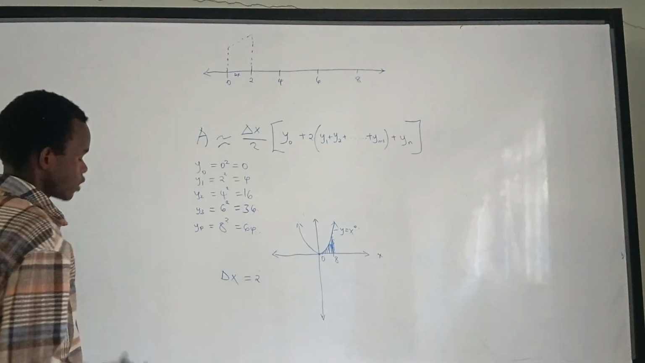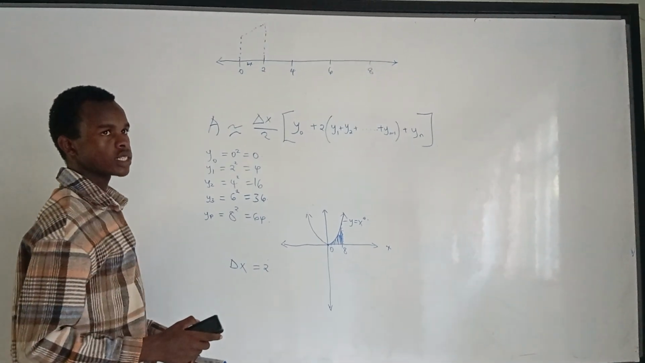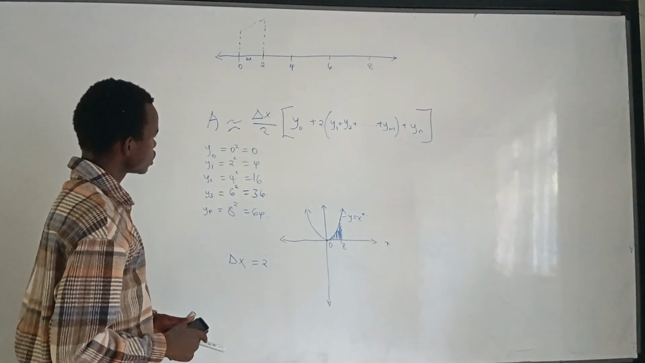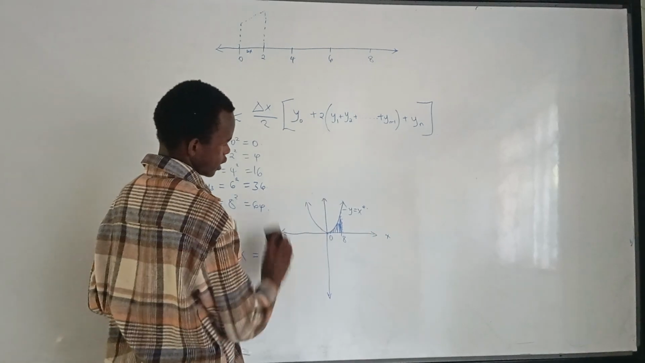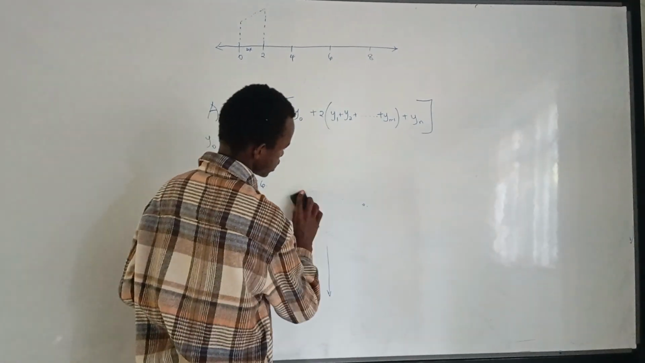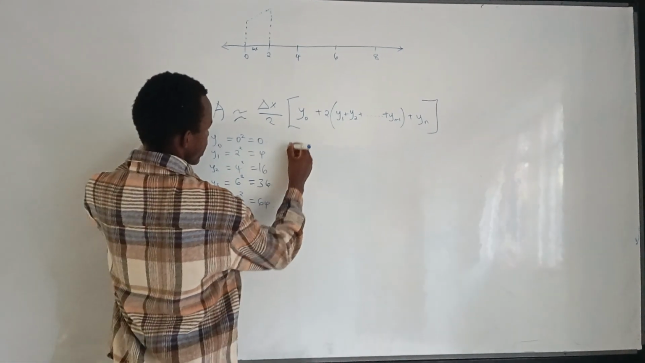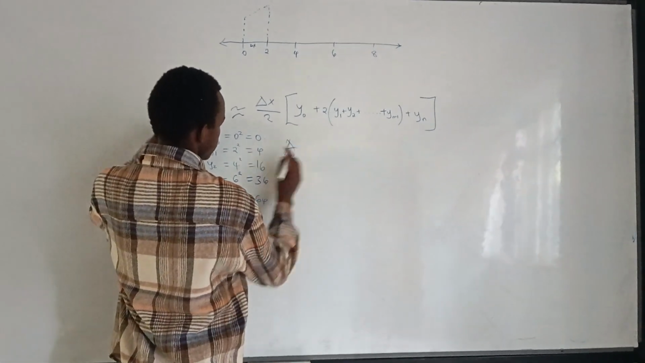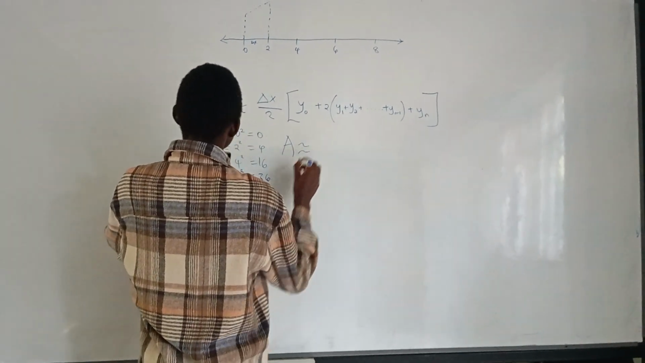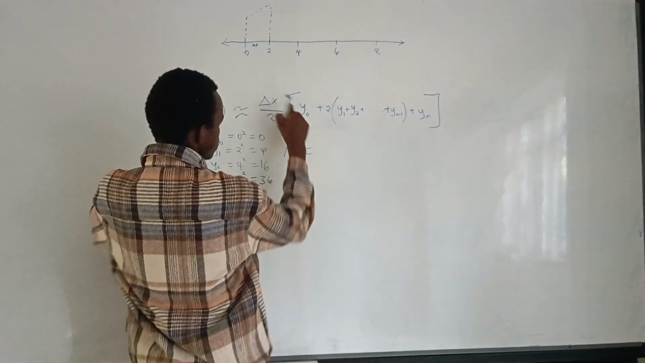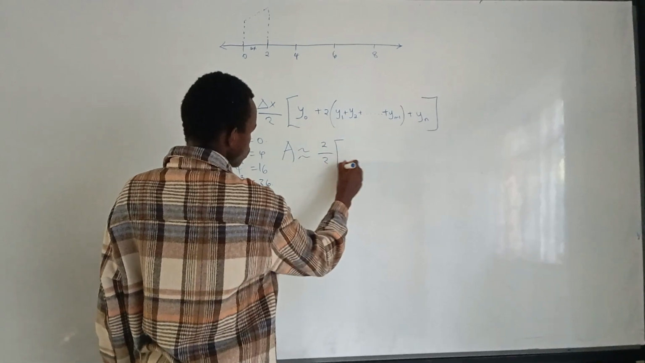Okay. So having that, let's substitute in the formula. Knowing this graph, the way it looks, let me just clear it. So substituting into our formula, we'll get our area to be approximated as delta x. What is the value of delta x? We said it was 2, divided by 2, into,